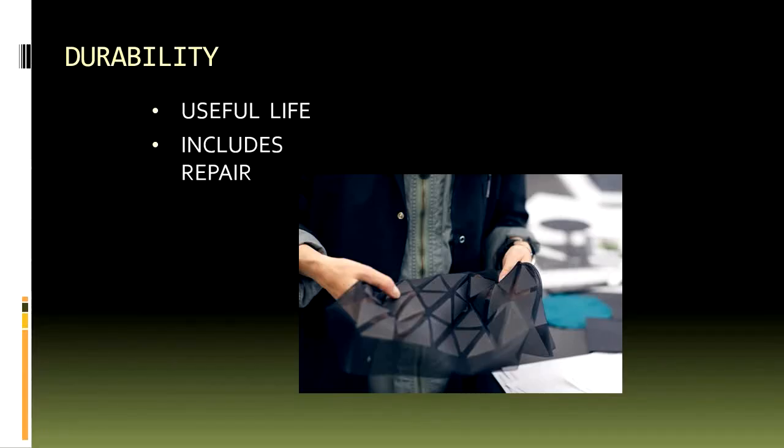That is not part of our discussions today. We will only concentrate upon this useful life, now including the repair also. Suppose sometimes a garment is alright, but due to certain use the button is coming out, or the thread is getting broken, or some holes are getting created in the garment. All these things can be repaired. So all these things together are the durability. We talk about the durability of the product.